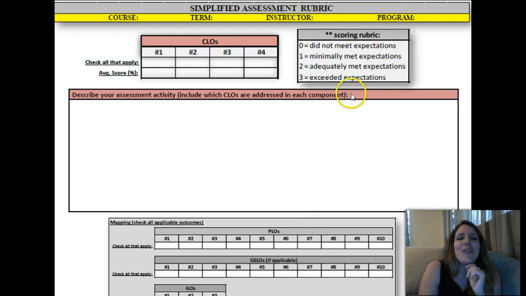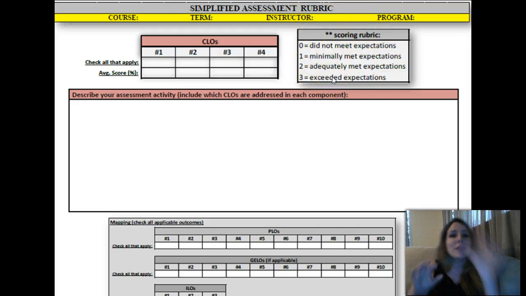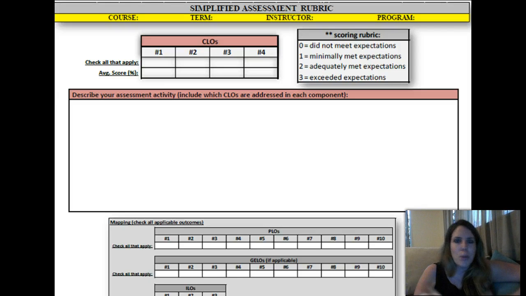And then later on, when you go to administer this assessment activity, I urge you to use this scoring rubric right here. Now, that doesn't mean that you need to use that rubric when you're grading, for example, the essay that you implemented. You could still use whatever you normally do, on a scale of 0% to 100%. Maybe the student scored a 73% and the student scored an 85%. That's fine, but you and your colleagues will sit down together and say, okay, which of those scores fall under the category of minimally met expectations? Which ones were adequately meeting expectations, etc.